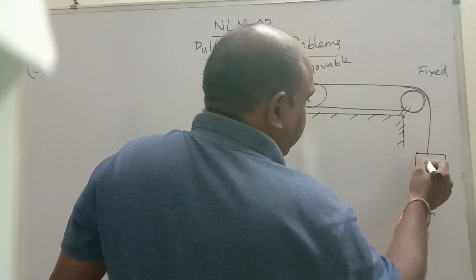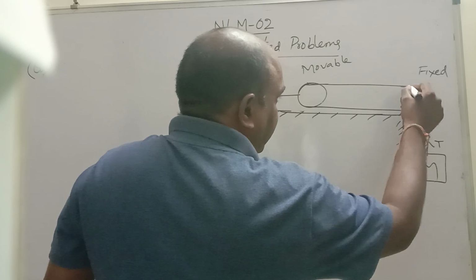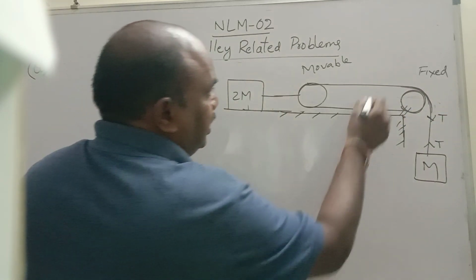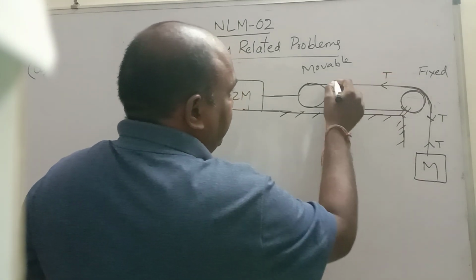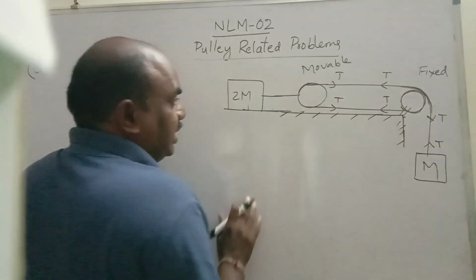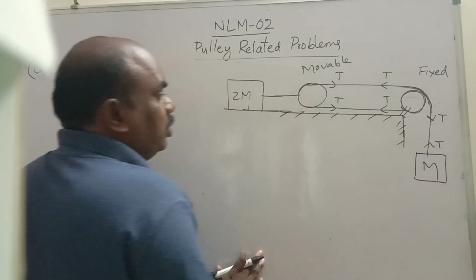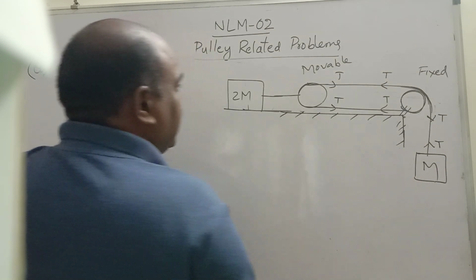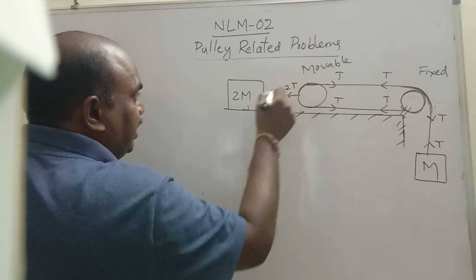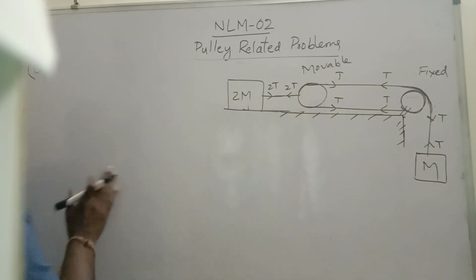See this here, M is here. If you open an umbrella, tension will be in this direction. If you sit on this pulley and open an umbrella, tension will be in this direction. The string is the same, so the tension is the same in all directions. One end of the string is fixed here, another end is suspended over a pulley and hung to mass M. If it is tension T, this will definitely be 2T. Why? Because for double the tension, the string changes, tension also changes.